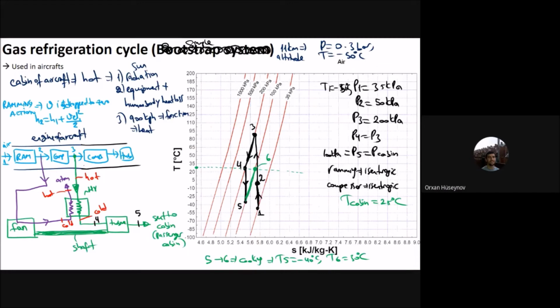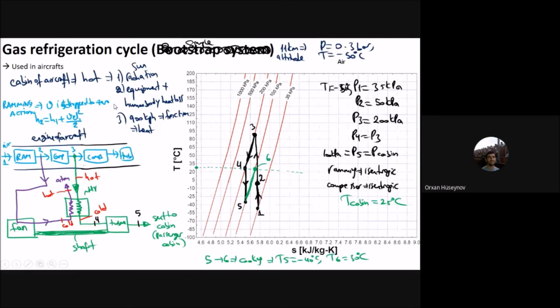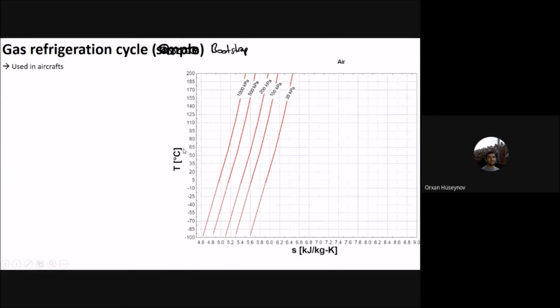Now comes the second one, which will be the bootstrap method. This is more advanced than the gas refrigeration cycle, which is the simple one. Let's see how it happens now. Similarly to the previous one, you will have the